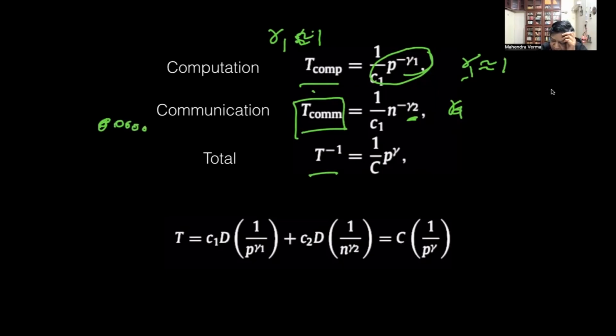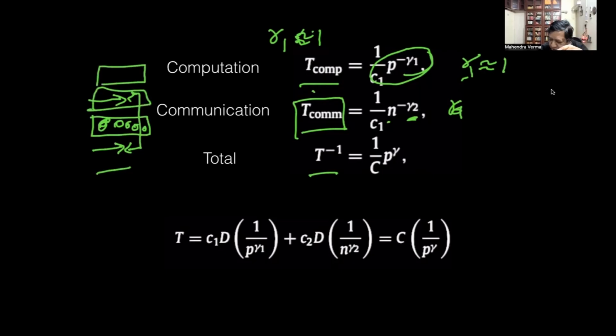So we start before communication, we time it, and after communication has ended, we time it. The difference is T_comm, and that goes as the number of nodes. Remember, each processor has many cores, so we computed with nodes rather than with processors. With more nodes, the communication time is higher. So this is T_comm ~ n^(-γ2).